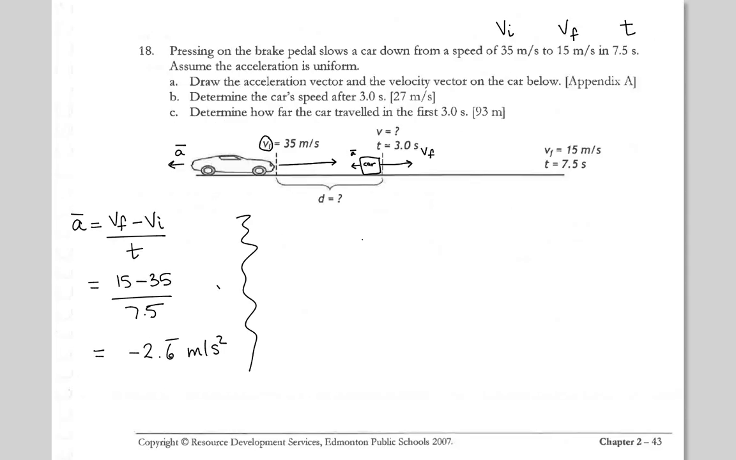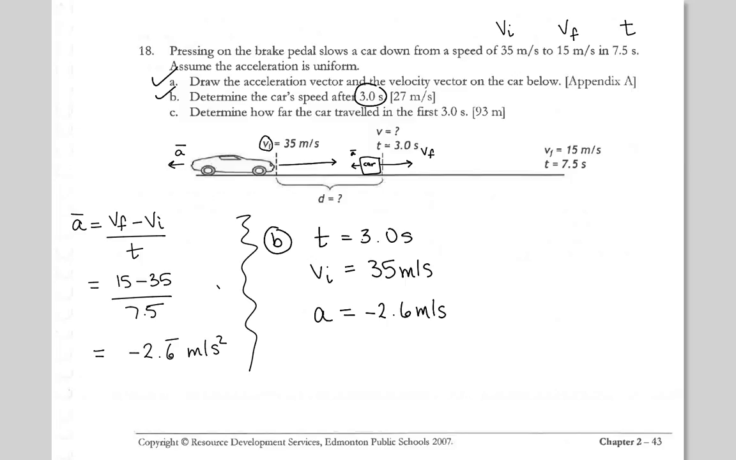We got the A value. We've drawn the vectors. Now we want to determine the car's speed after a certain amount of time. So let's go for part B here. Now we have a time of 3 seconds. We have an initial velocity which was 35, and we have an A value of negative 2.6. So which formula could we use here? Determine the car's speed. So we need